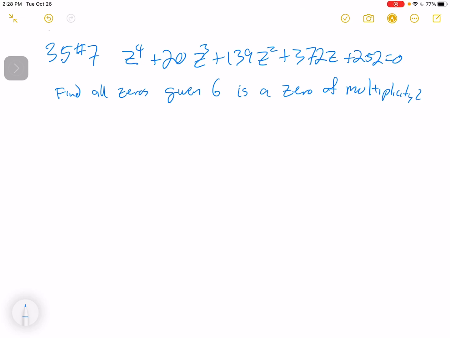Okay, we have this from 3.5, number 7. It says z to the fourth plus 20z cubed plus 139z squared plus 372z plus 252 equals 0. So we're going to find all the zeros, and given that 6 is a 0 of multiplicity 2,